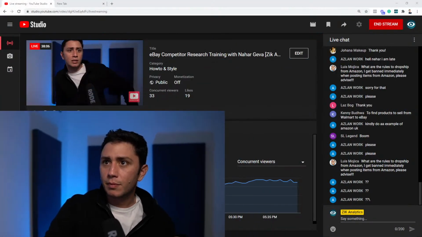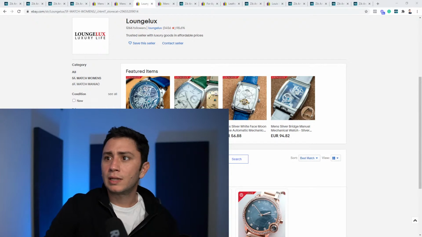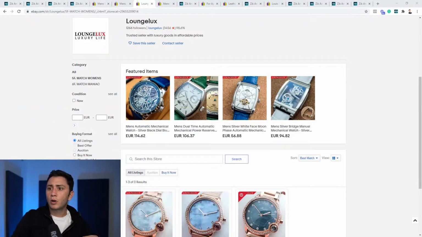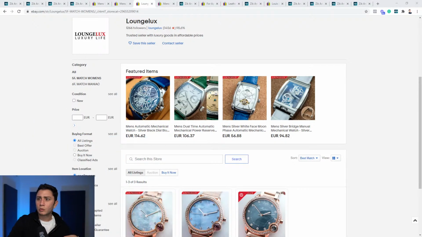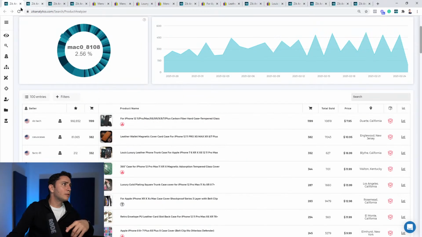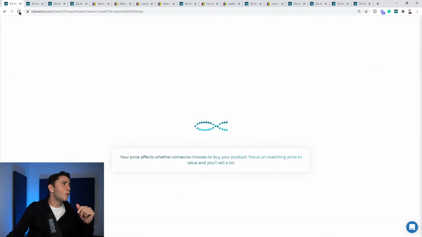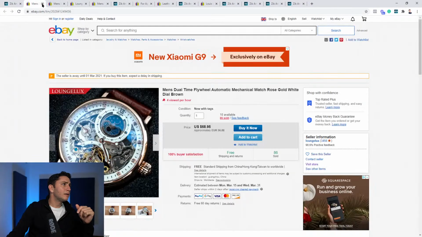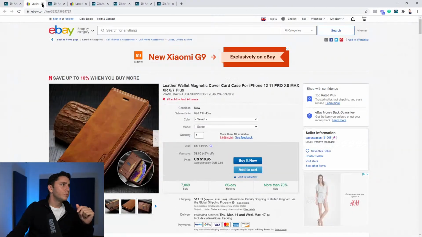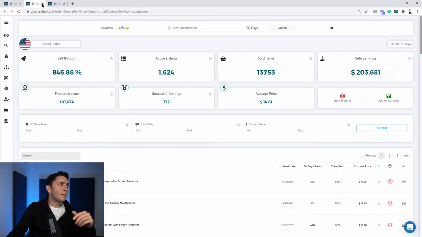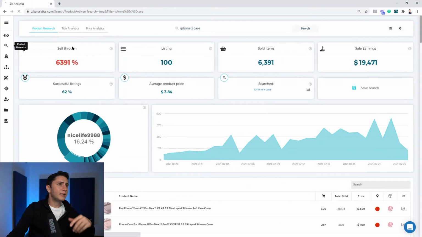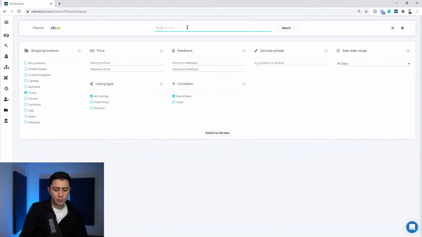Let's do it. How you use Zik to find products, sellers who dropship from Walmart to eBay. So I'm going to go back to Zik. I'm going to change my settings here to Walmart, first of all, on the supplier source. Now let me clean everything here first. Whether it's Walmart or Amazon, I want to find sellers selling the same product. So I will write here, okay, mine stays.